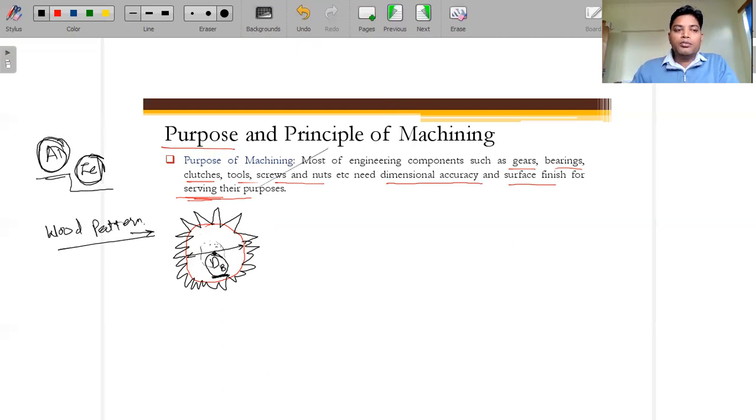But if we are using aluminum, for example, then there will be a contraction. So if we want this teeth size, it will not be like this, it will be like this. So first of all we have to calculate for which material we are going for casting these gears. Accordingly, we have to calculate the shrinkage or these allowances, and then we have to design the gear.